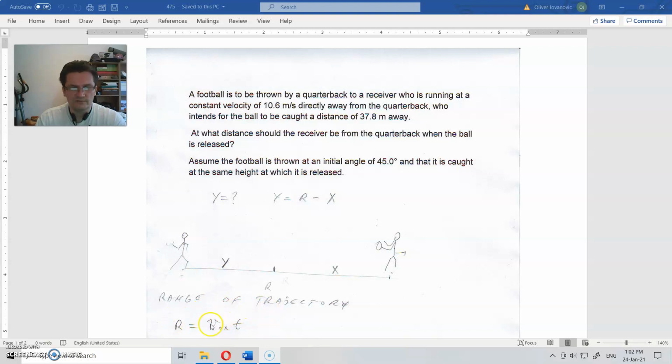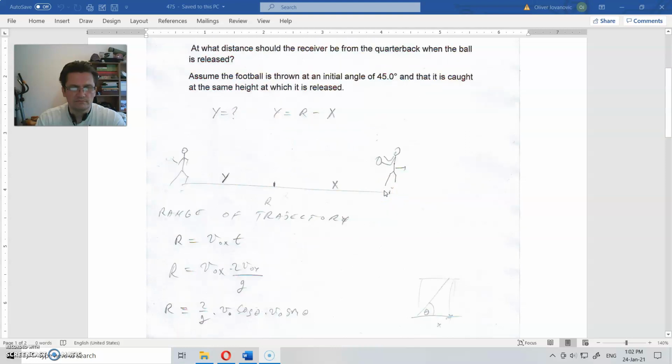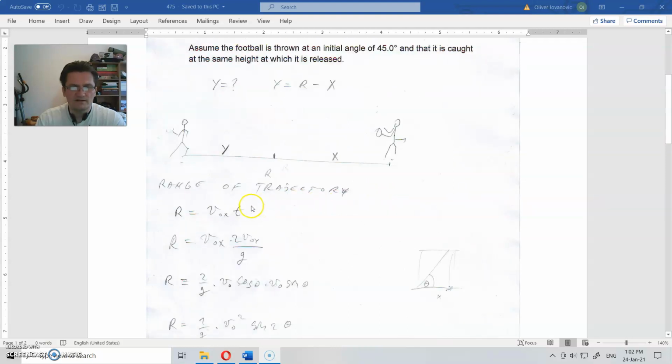So range is equal to the horizontal projection of the initial velocity, which is constant all over this flight, times the time of the flight. So we do have 10.6 meters per second, and we know that the angle is 45 degrees. This t here is, first of all,